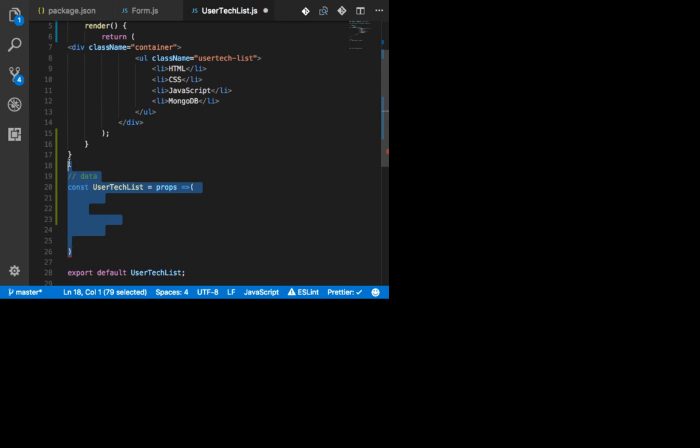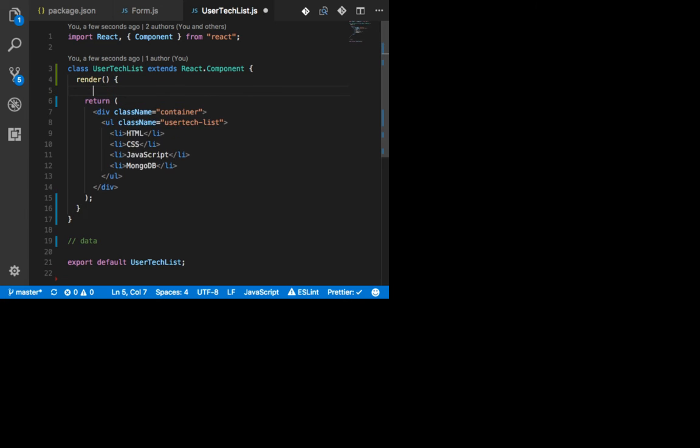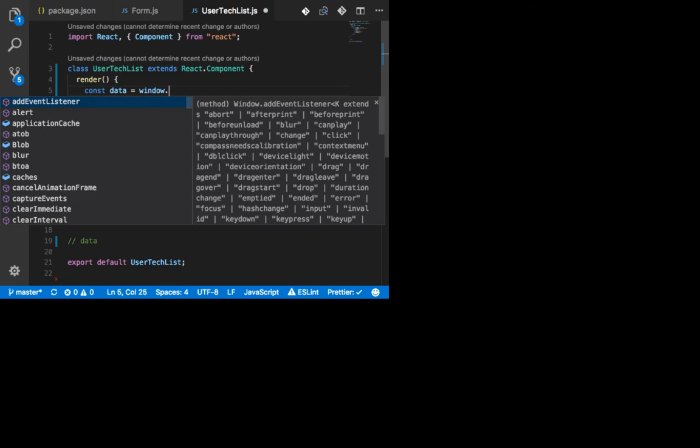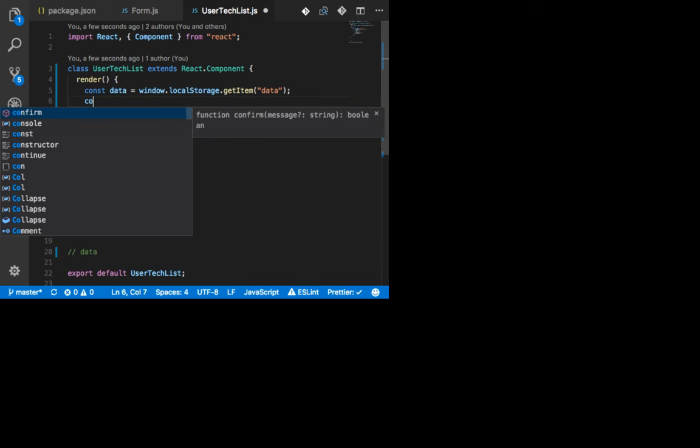We remove this functional component now, and once this renders, we're going to get the data from the local storage. Oops, this is called data, and we're going to use window.localStorage.getItem this time, with the data value, and this is going to be equal to an object. Let's make sure that we are getting this data first.